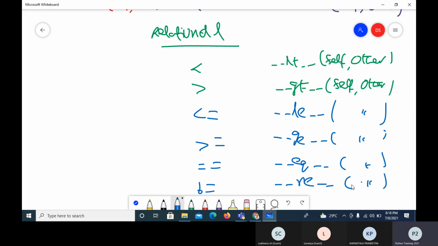So if I want to make the objects behave like ordinary variables, then I have to go for operator overloading. If I want to compare two boxes, whether one box is equal to the other box or not, like B1 double equals B2, then in the box class I must have defined this method.